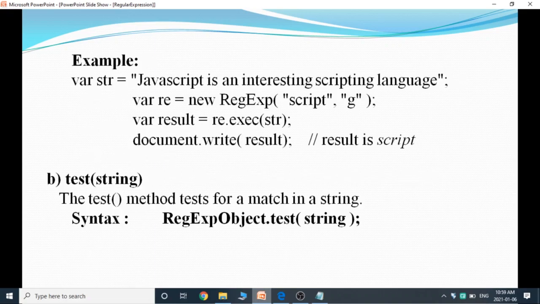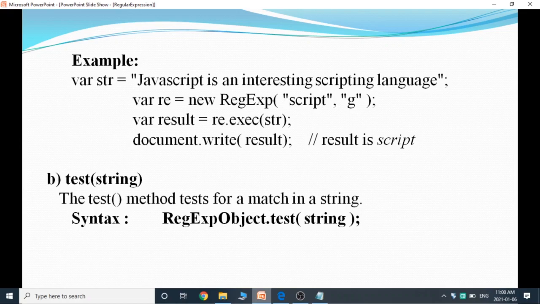Same example was string. Now this regular expression function exec will find the match in a given text. If it finds it, it returns the array of results, that is script. If not, it will return null.